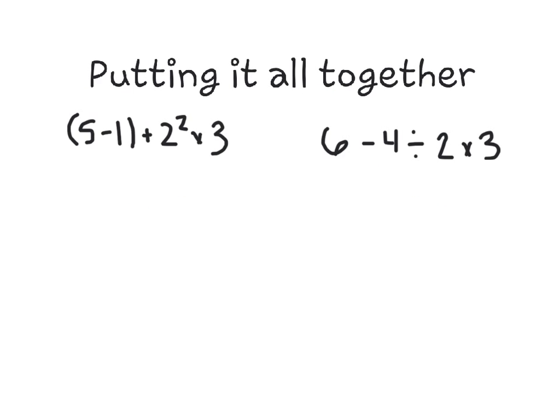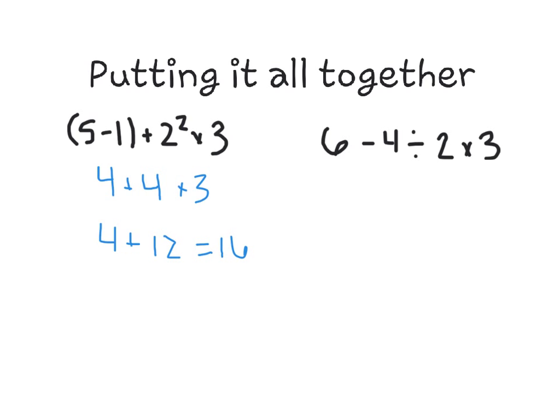Let's look at a few examples of equations that put several of our operations together. So in the first one, we see parentheses, so we know to solve that first. 5 minus 1 is 4, plus, and then we see an exponent, so 2 to the second is 2 times 2, which is also 4, and then times 3. Now we know to do multiplication first, so 4 times 3 is 12,